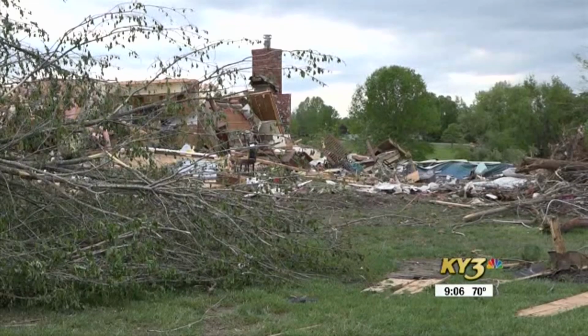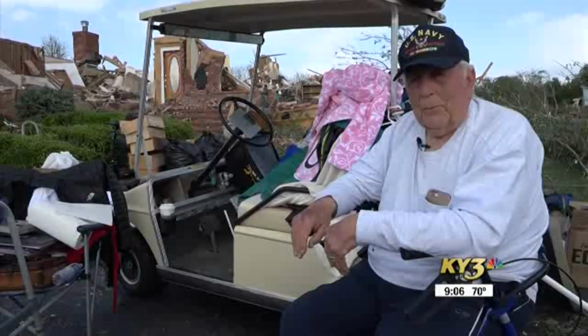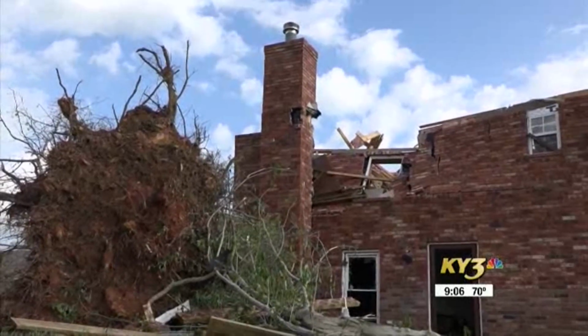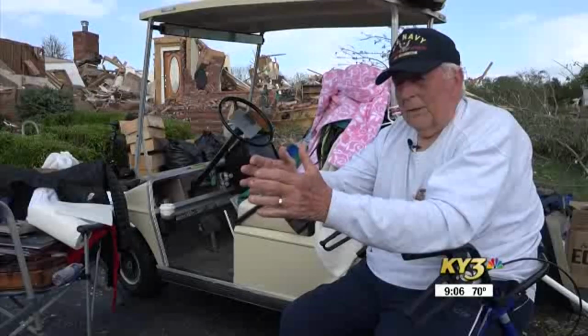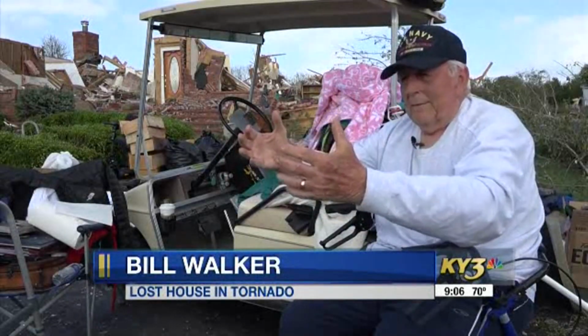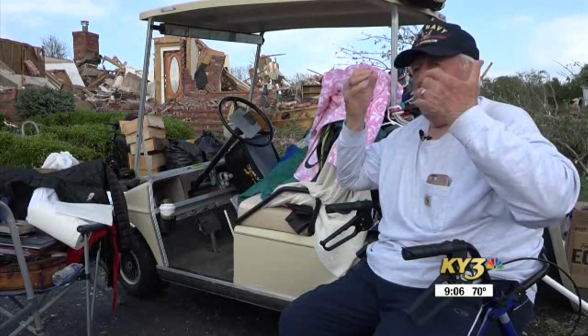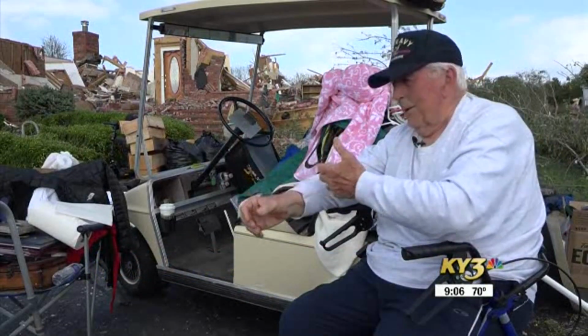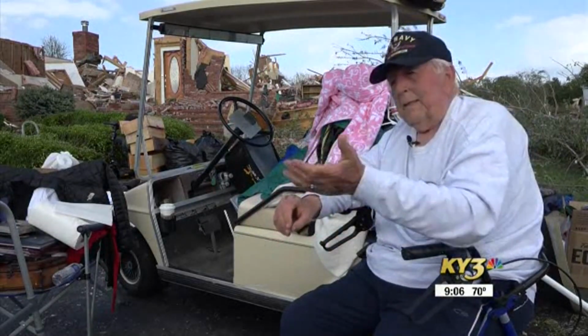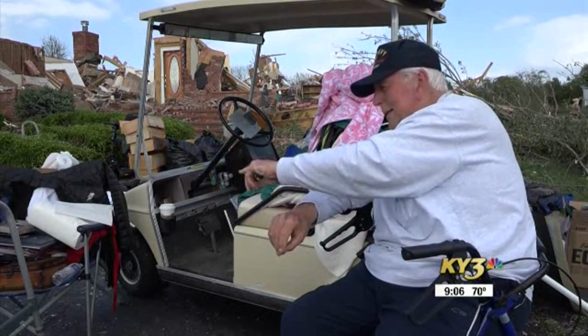I don't mess around with these things. I'm disabled, so I can't walk. I had to back down the stairs and crawl down. He and his wife Bernice had just minutes to take cover. All of a sudden, I heard the wind, and it blew, popped, and then all the glass came out and came on me, and I cut my arm here. It cut my arm, and my chair picked up, and it threw me into the